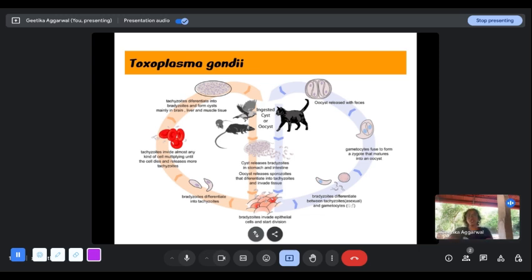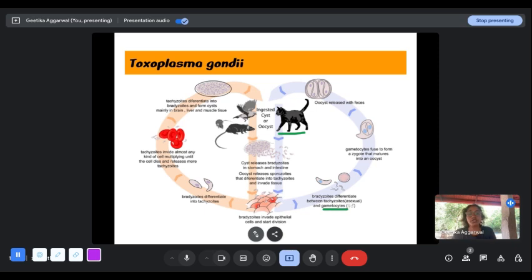Coming to the first one, there is this cell called Toxoplasma gondii. Toxoplasma gondii is actually a single-celled parasite, and its definitive hosts are cats. Any form of cats, felines, are its definitive host. What that means is Toxoplasma gondii enters felines. It can be ingested by felines, and there it enters into the intestines of these felines, where it actually forms